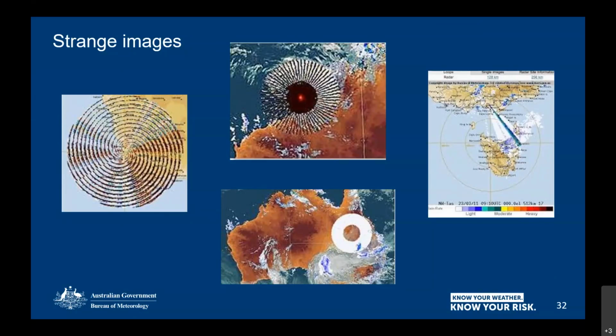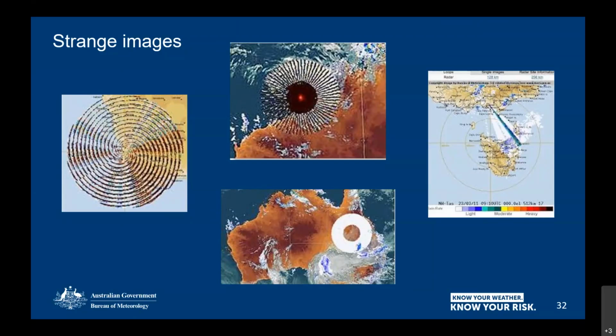Now, the images on the middle and the left-hand side of the screen, generally speaking, they're malfunctions of the radar, which means something in the radar, in the case of the middle image with the red dot in the middle, that is a receiver failure. Part of the receiving system has failed, and it's picking up some strange noise generated within the system itself. And generally speaking, as soon as we see that, we turn the radars off the internet and investigate the issue.